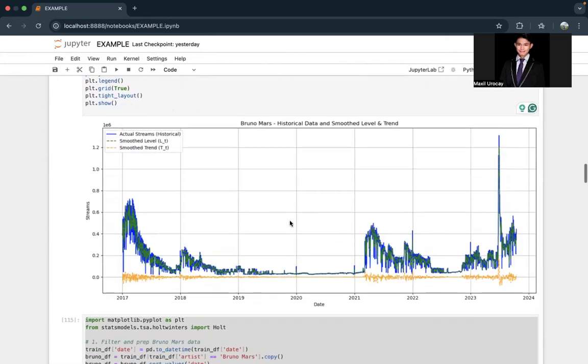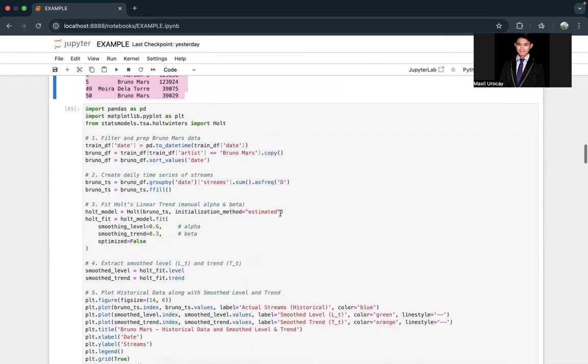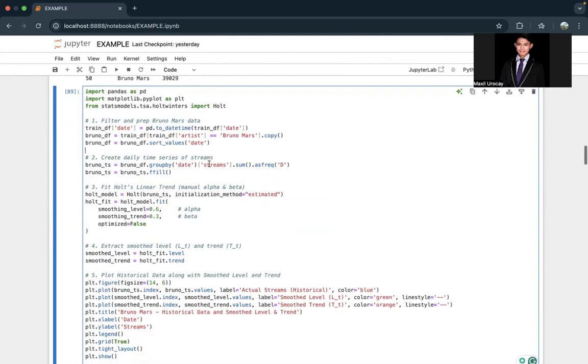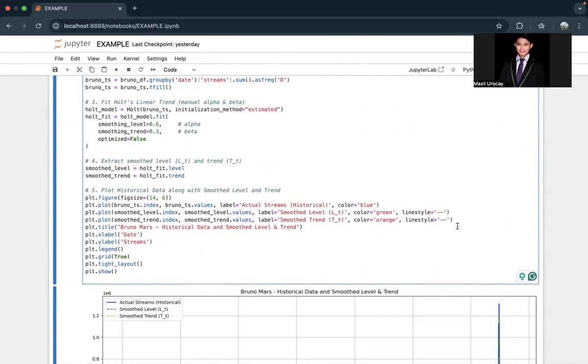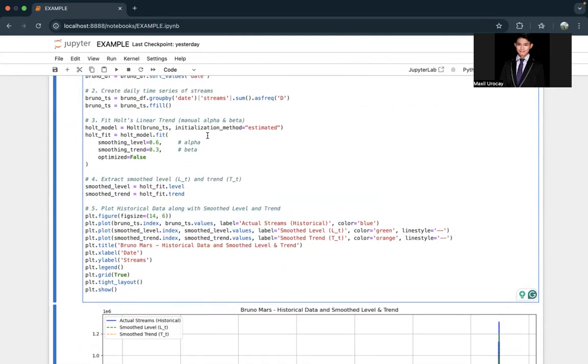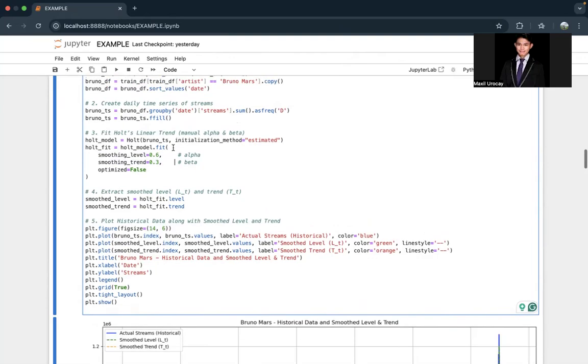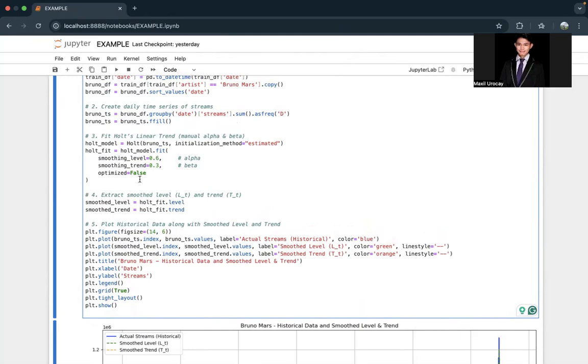Now afterwards, since I will be using Holt's linear exponential smoothing, I've implemented that here already. I have here a smoothing level of 0.6 and a smoothing trend of 0.3, after which I extracted the smooth level and trend, then plotted the historical data.